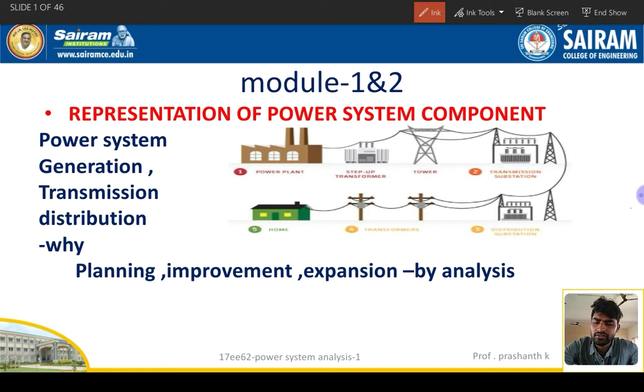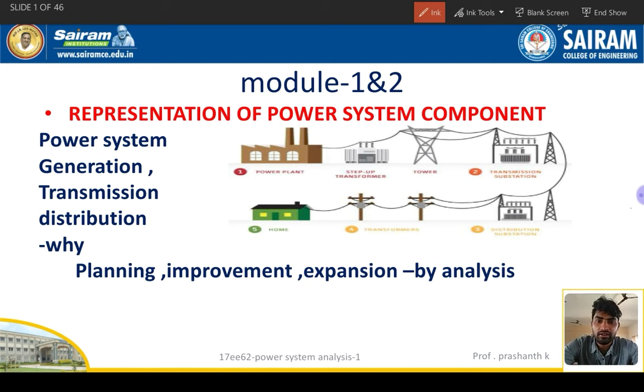So in power generation, we discussed power plants like thermal power plant, hydro power plant, nuclear power plant, gas power plant, wind, solar. In transmission and distribution, we discussed types of transmission lines, pi model, T model, insulators, cables, overhead transmission lines, underground cables, sag, corona, distribution transformers, feeders, poles, and towers we are using in the transmission lines. Those things we discussed already.